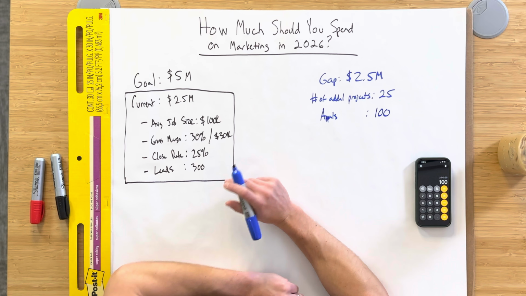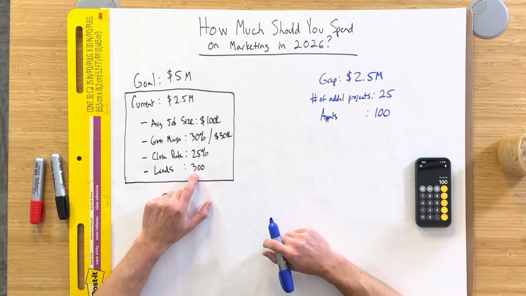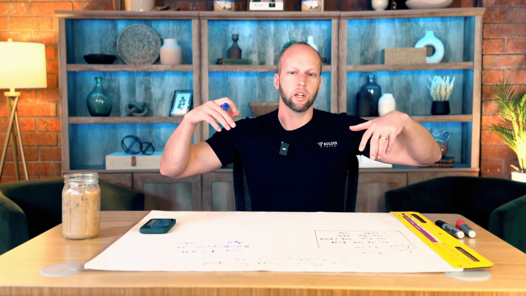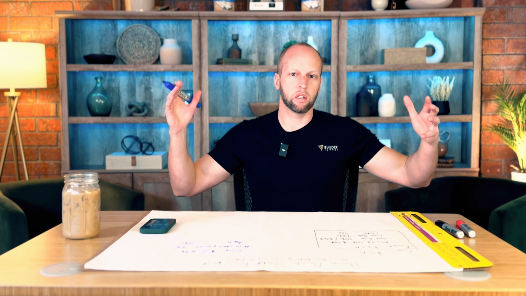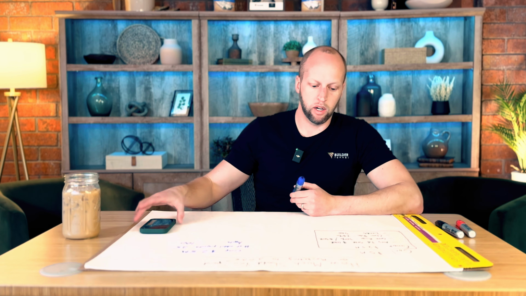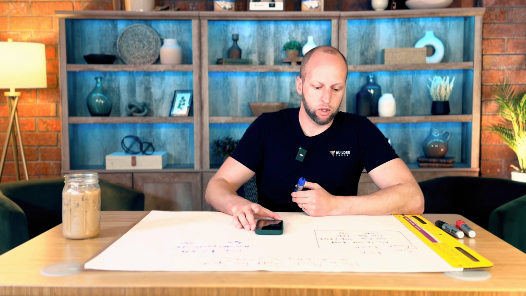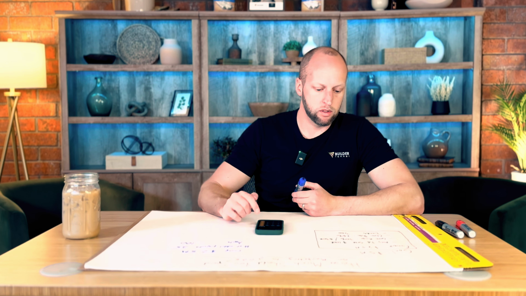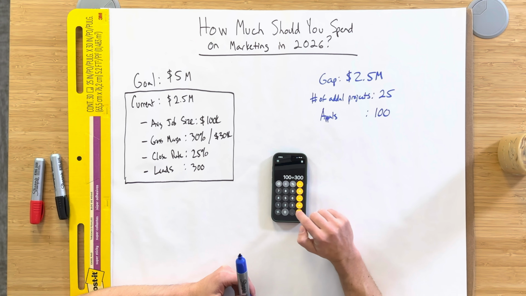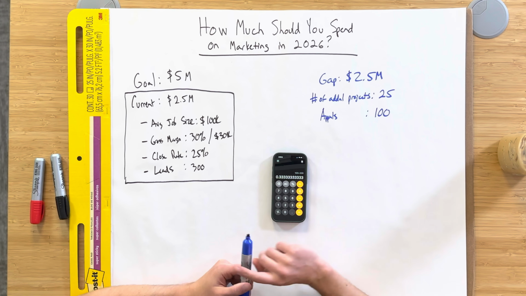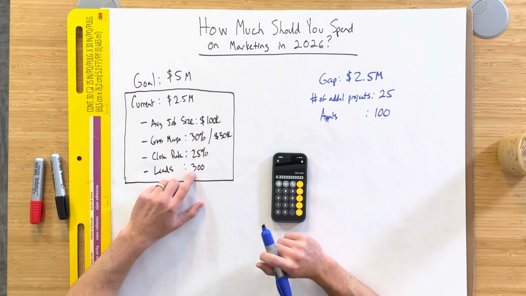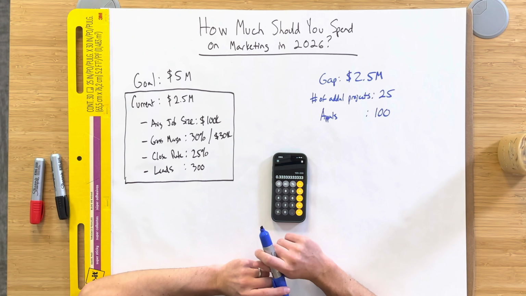And we can see here that we had 300 leads. What we're trying to figure out is, if we just get a lead into the system, how many leads do we need to get a project out the other end? In this scenario, if we backtrack out, we had 100 appointments, but we had 300 leads. If we divide those, we can see we convert 33%, or a third, of our leads into first appointments.